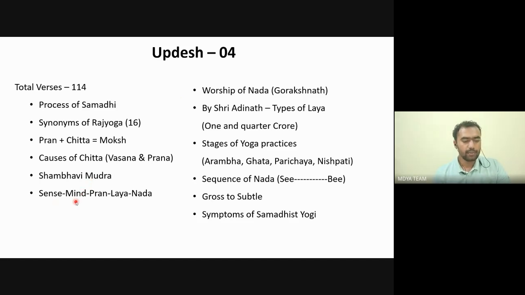The senses to mind to pran to laya to nada. That is the sequence. How can we go to the highest stage of nada? It is mentioned in the fourth chapter. There is also discussion about Gorakhnath, who recommended that we should worship Nada. What is Nada? Nada is sound, inner sound. Okay. And by Sri Adinath, total types of